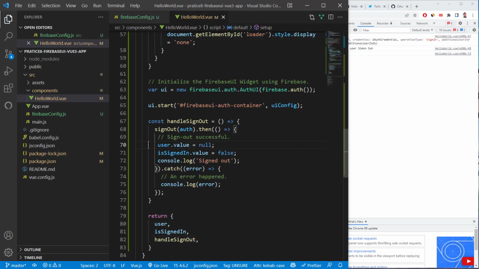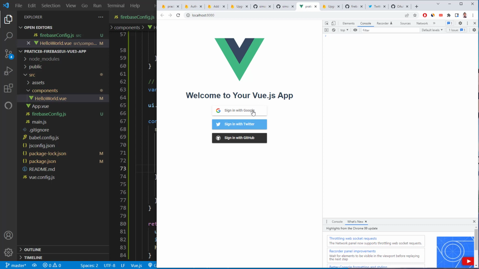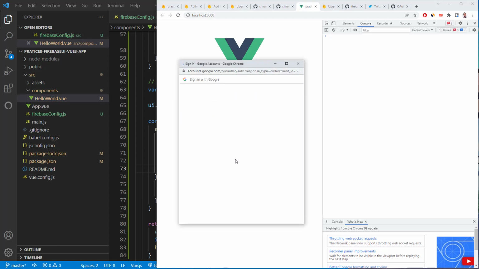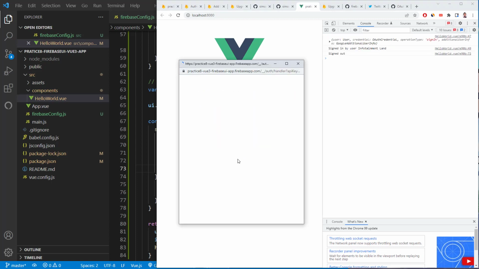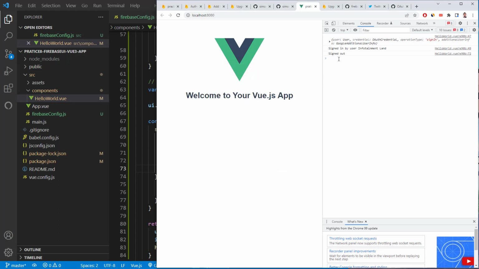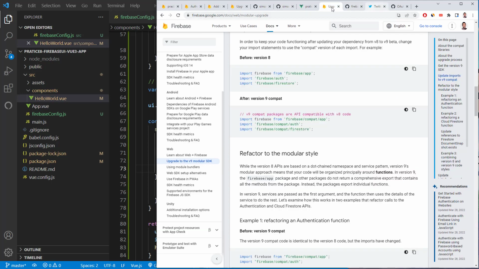the login section again, so we have to actually copy this UI, which loads the UI, and then on sign out success, we have to load this in again so we can actually see the login buttons again. So sign in, sign out, and then we see this again, GitHub, sign in, and this I think is going to give an error because we're not allowed to sign in multiple applications. So what we have to do is go to our Firebase console,